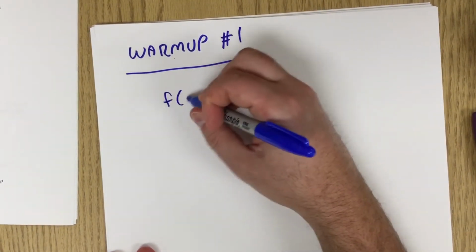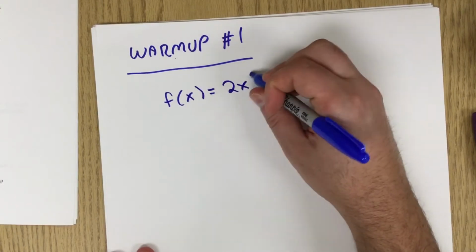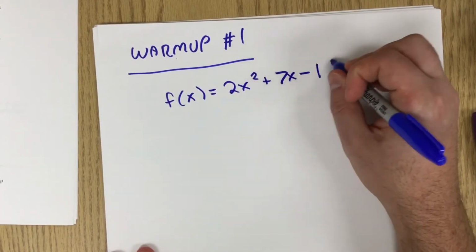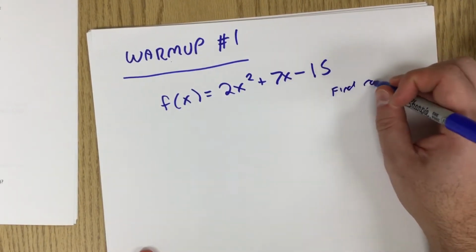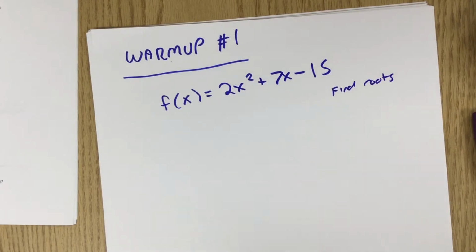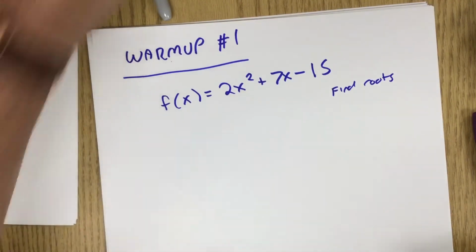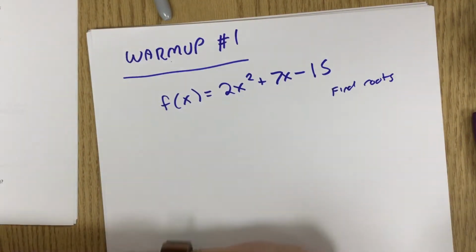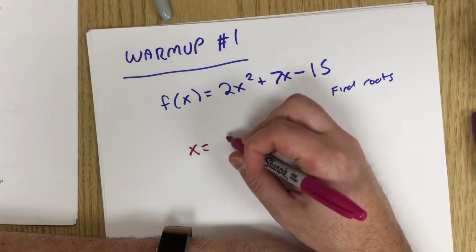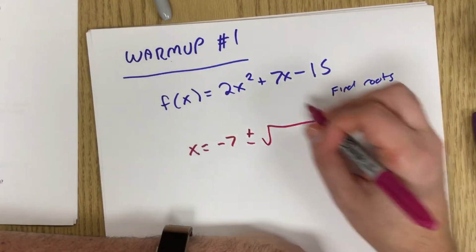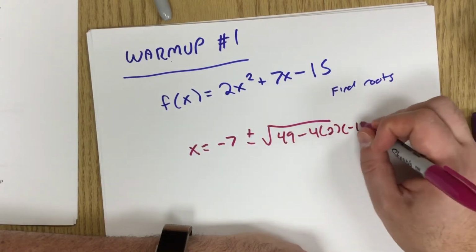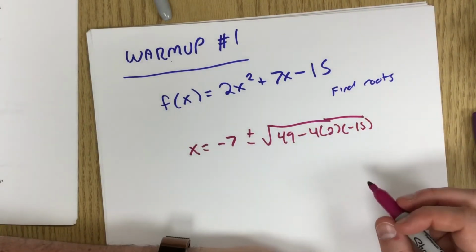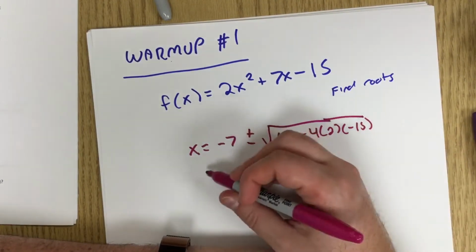Let's say we have f of x equals 2x squared plus 7x minus 15, and I want to find the roots. So we could probably factor this, but we're not going to do that. We're going to use the quadratic formula. I'm going to go through it a bit quickly. But x would be minus b plus or minus the square root of b squared minus 4 times 2 times minus 15, which is all over